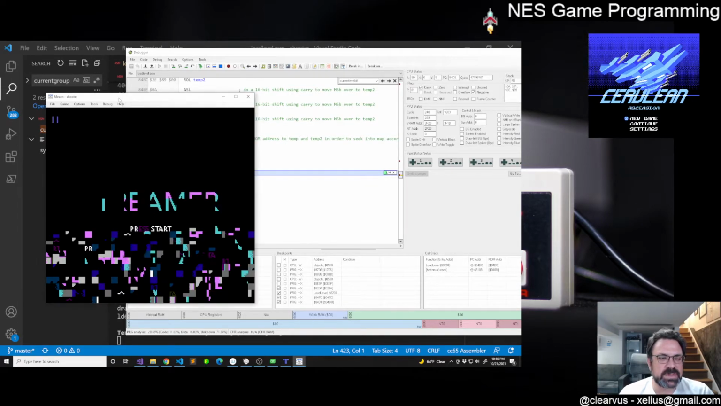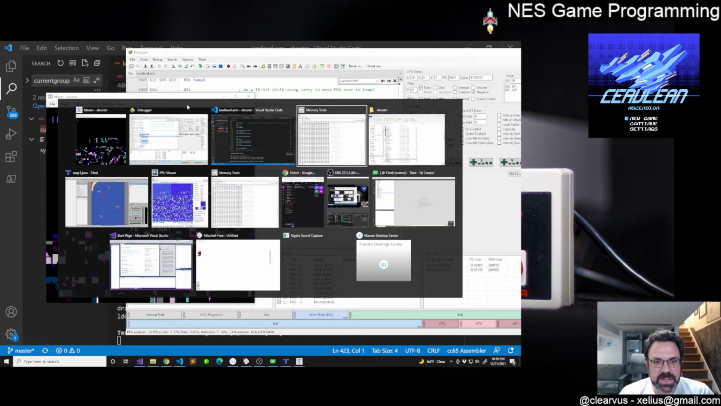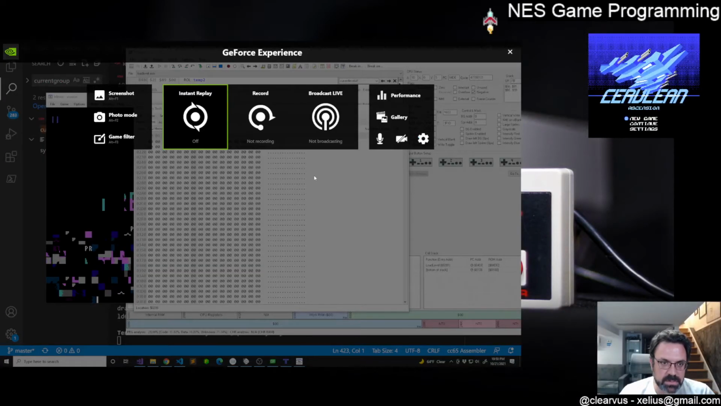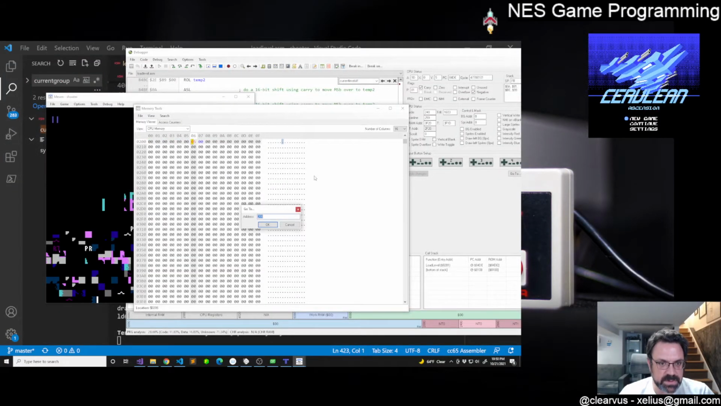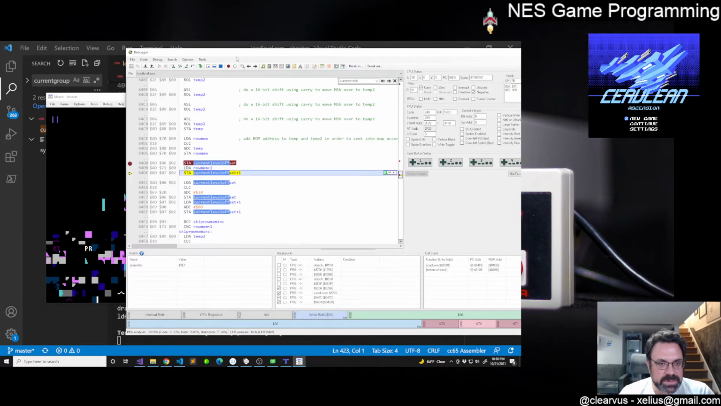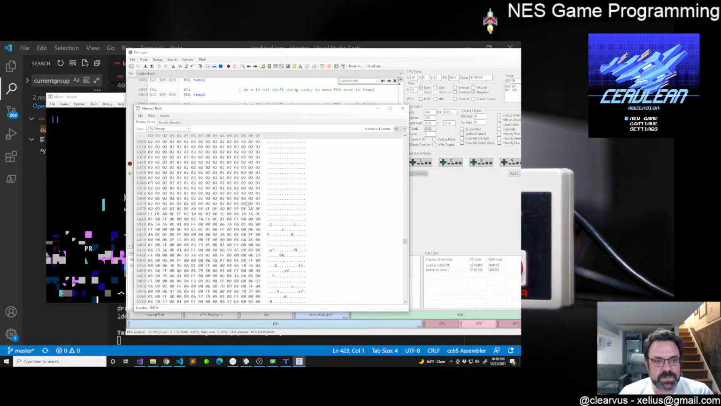So 9D05. Where is the memory tool? Oops, no, not the GeForce Experience, please. 9D05. Okay, so where is our... Okay, so that is the map data. And there's our dead beef. So, okay, so that is close. ROMEM